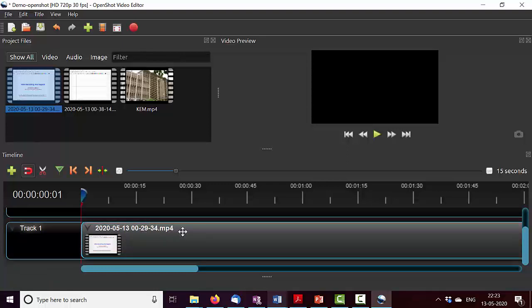Let me now introduce you to the zoom function in OpenShot, that is this white button here. Now this video is of certain length. It is extending way beyond this timeline and I need to get a sense of how long it is. So this is a zoom in. So here currently it is showing intervals of 15 seconds. As you can see, this is 0, this is 15 seconds, 30 seconds, 45 seconds.